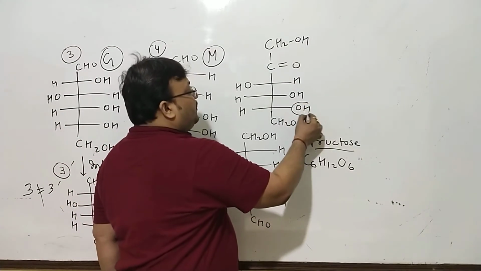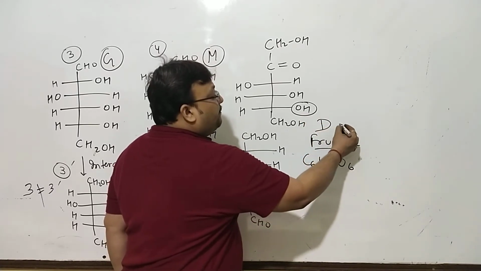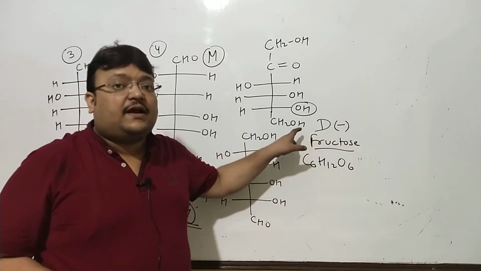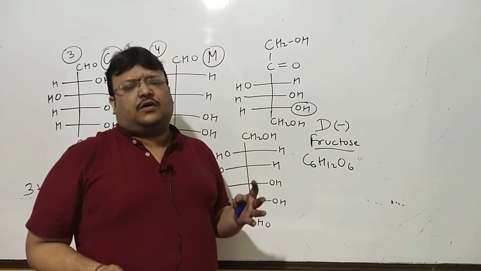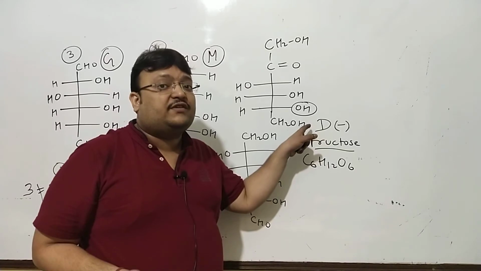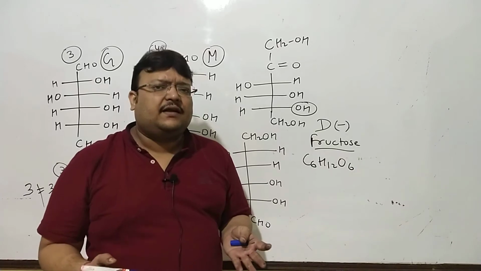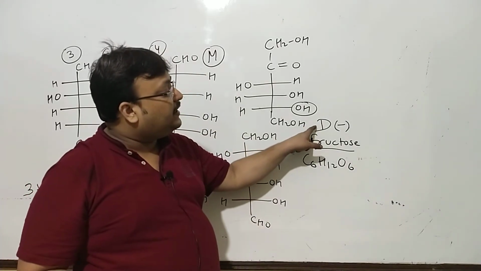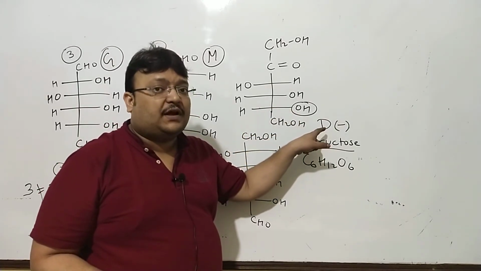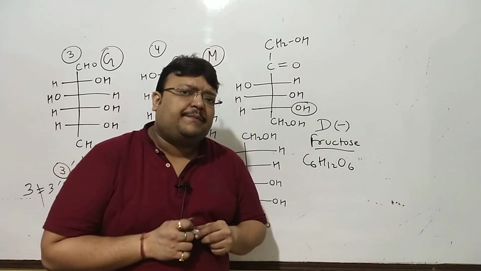This OH is to the right, so this is capital D. But this is levorotatory. Now this D minus would right away clear any kind of doubt or confusion. This capital D, I keep on saying, has nothing to do with the dextrorotatory nature of so many compounds, where capital D and small d positive could be incidentally in the same compound. This is capital D, levorotatory. Capital D because this OH is to the right, and this has nothing to do with the optical behavior, capital D, but levorotatory. So this much for the time being in this video.